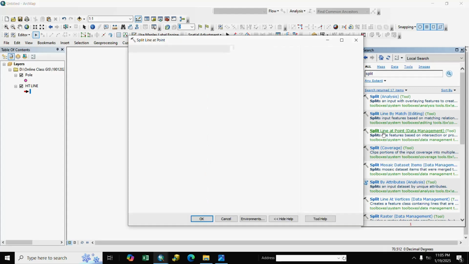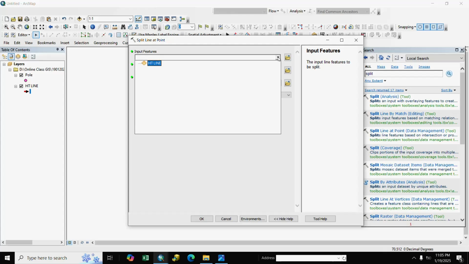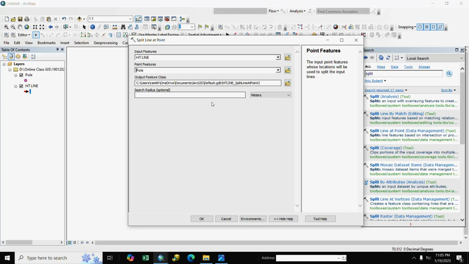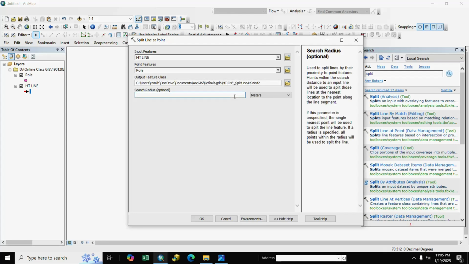We double click and select the input line, and select the point feature pole, and we select the distance, the maximum distance of your pole. We write here 10 meter, 10 meter radius from any pole. So we construct a split line.